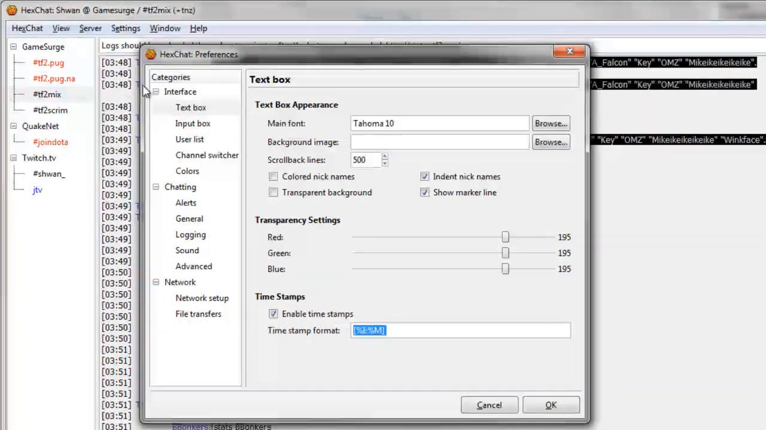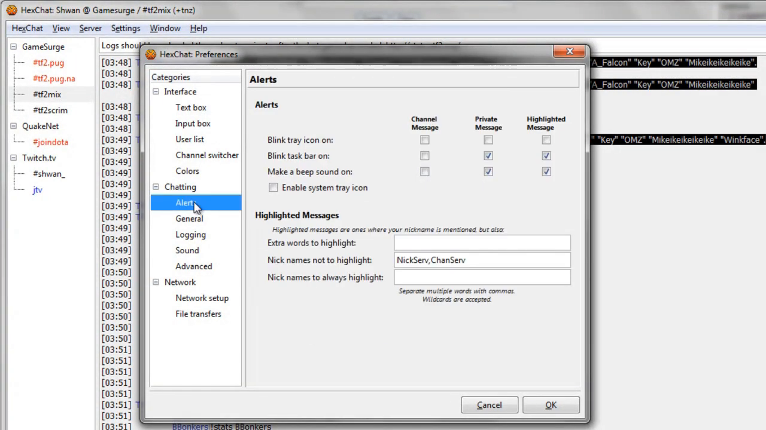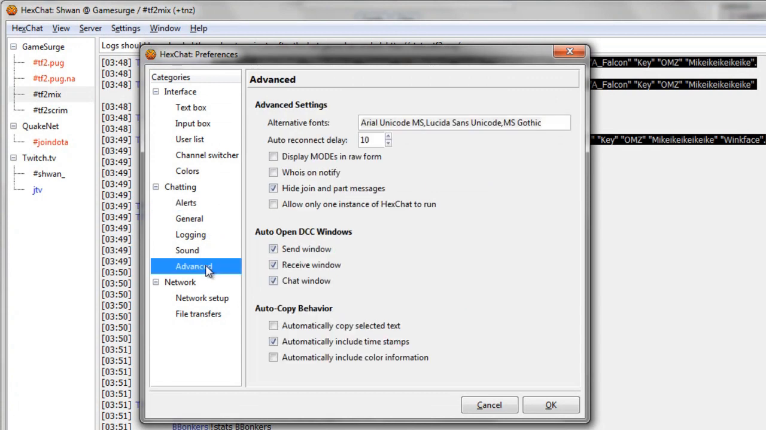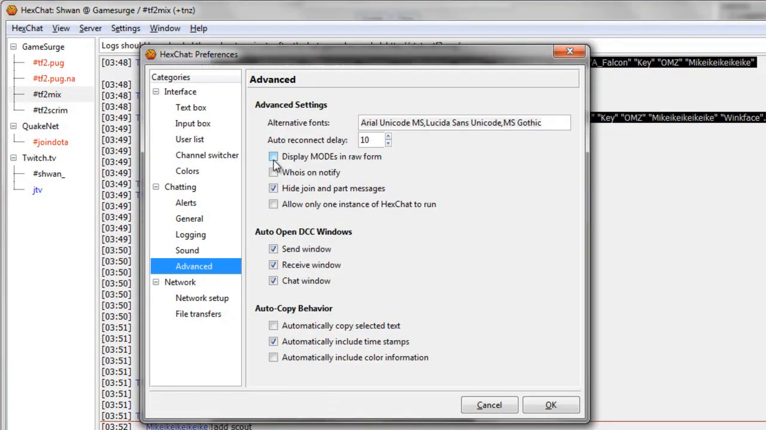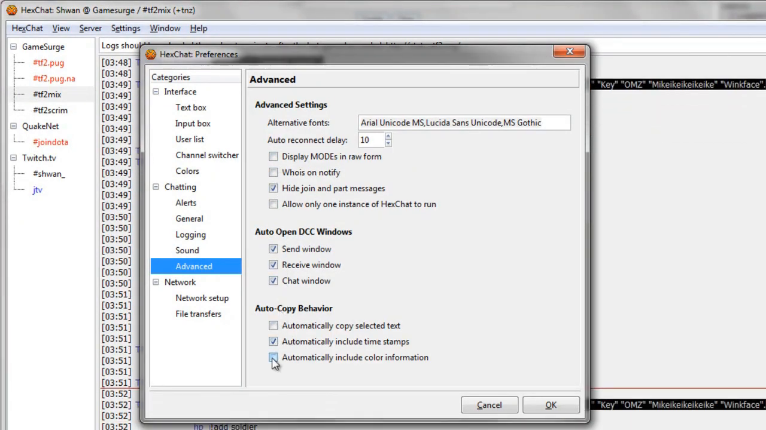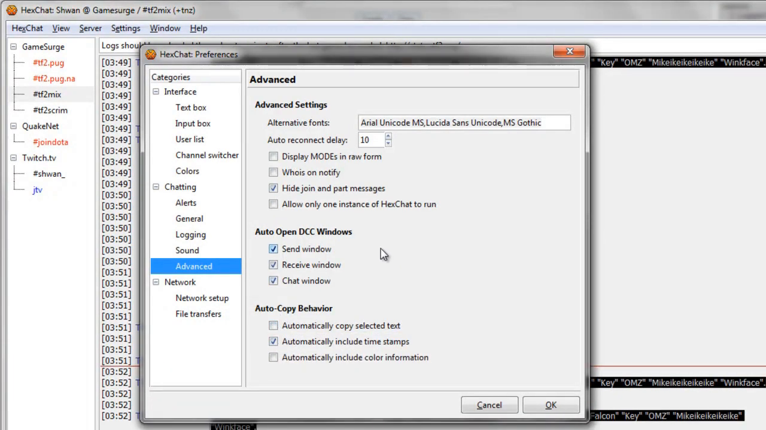So we'll go to Settings, then Chatting, then Advanced, and then the System Tray icon, which should be around here somewhere. Did I skip over it? Maybe I didn't skip over it. Why don't I see it? Well, while we're here, we might as well talk about the